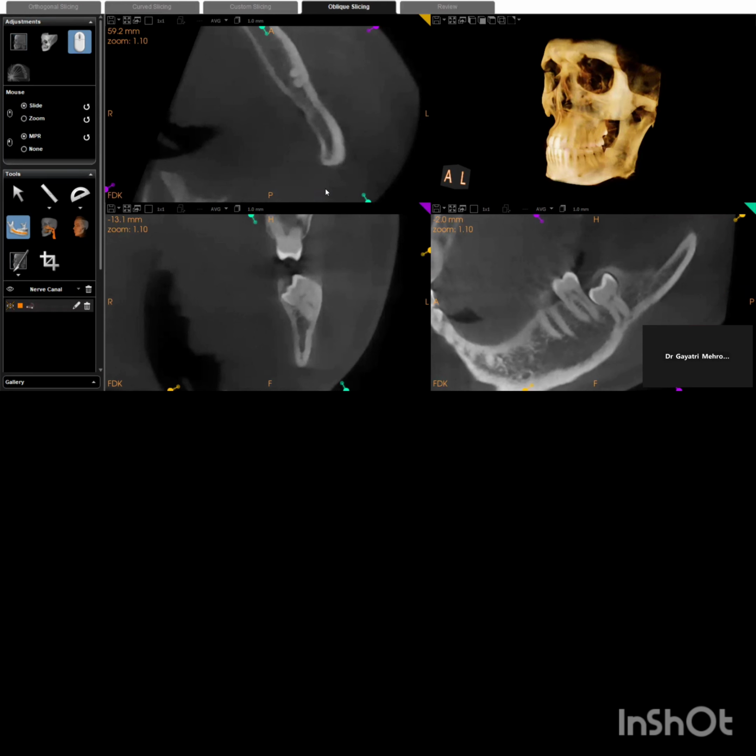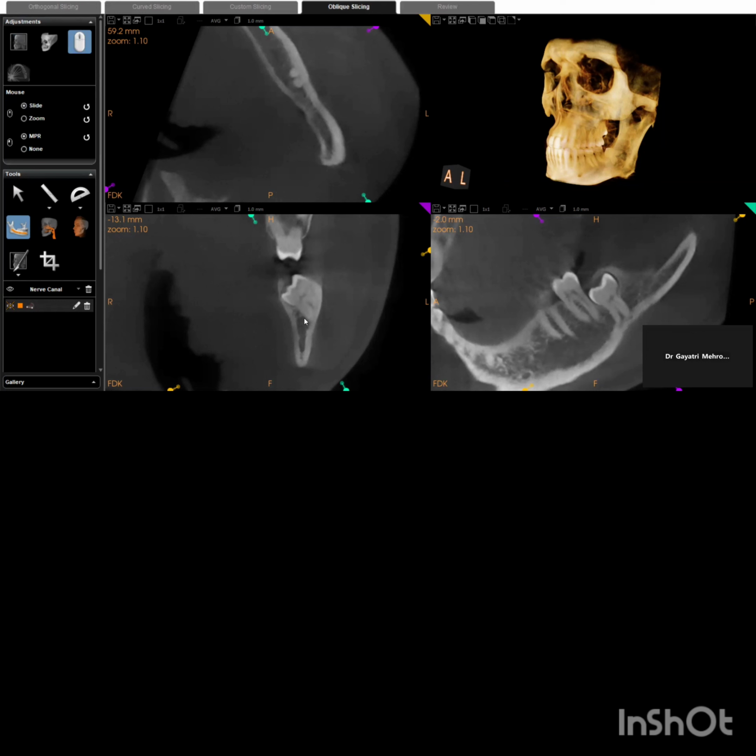Mesiobuccal is dilacerated distally. Distobuccal is divergent and slightly curved distally. The canal is passing lingual to both the mesiolingual and distolingual roots, and it's mildly compressed adjacent to the distolingual root.